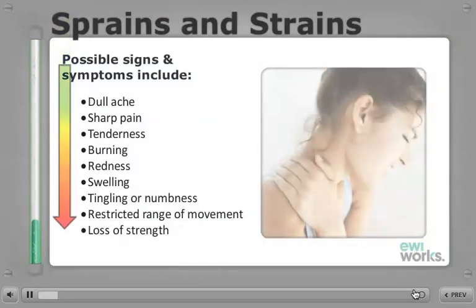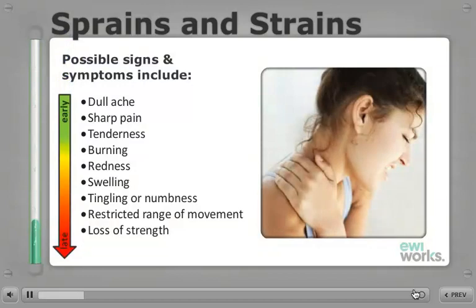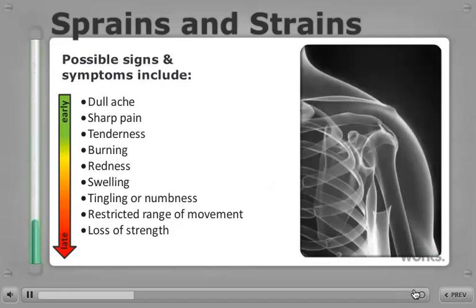If you think you may be developing a sprain or strain, it is important to be aware of the following signs and symptoms. Pain or discomfort around a joint that does not subside with time away from the activity. A change in the amount of movement you can perform, otherwise referred to as restricted range of movement. Loss of strength, tingling, or even numbness. If you are experiencing any of these symptoms, report them to your supervisor early, so someone can look at your work tasks and provide some suggestions to minimize your risk of developing a sprain or strain.